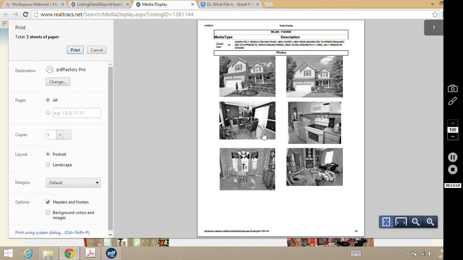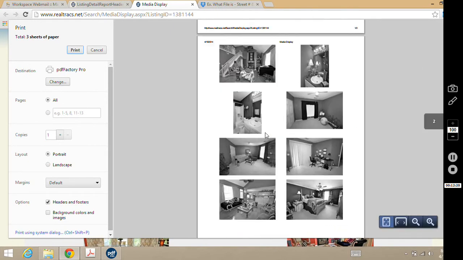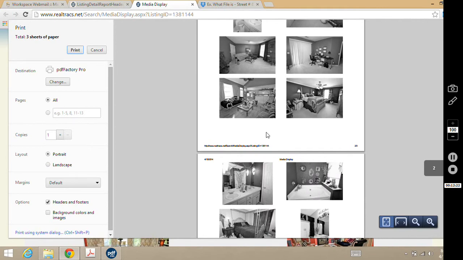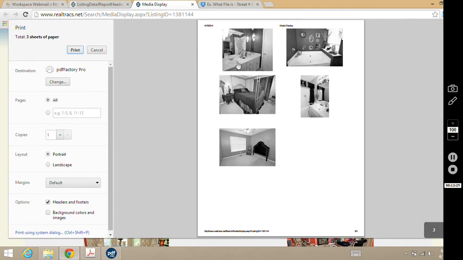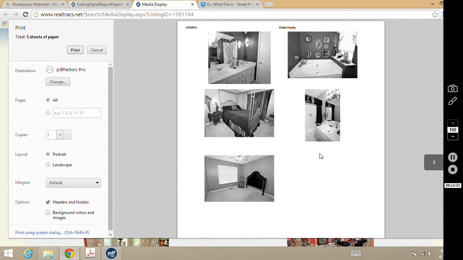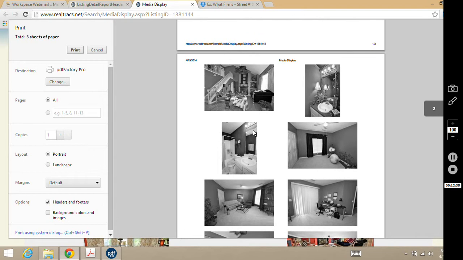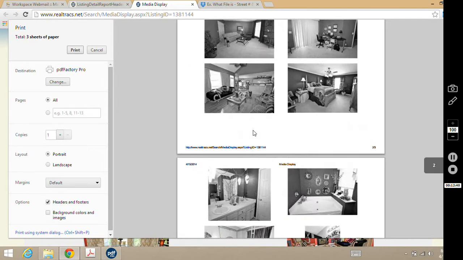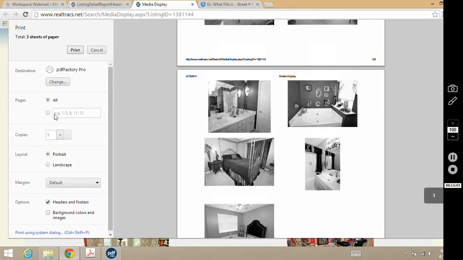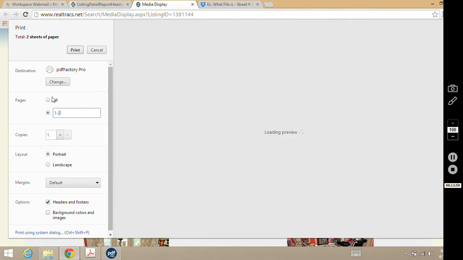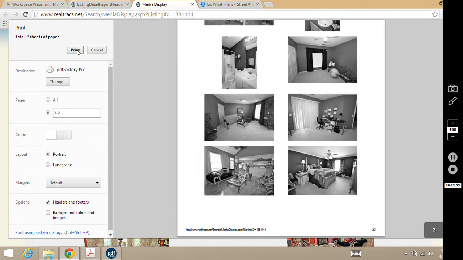So here's what I want you to look for on the pictures. We have 2 pages, we have 3 pages, and you see how the last page really isn't anything important. It looks like a bedroom and a bathroom, basic stuff. If you have a page that comes out and it's not full of pictures, it only has a couple on there and they're just random looking rooms, go ahead and take that off. So when you print that, it's just less stuff for me to have to look at. I would just say print pages 1 and 2 on this one. Take that 3rd page out and then click print,